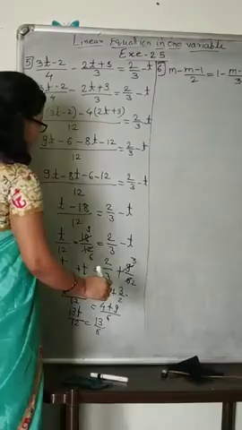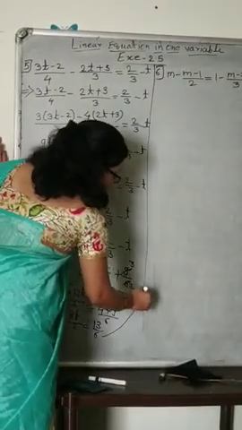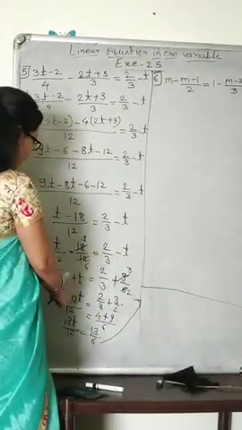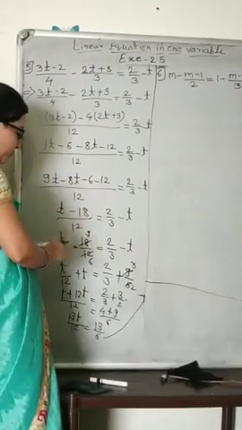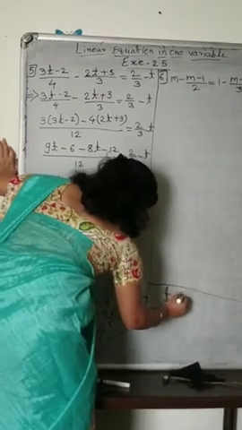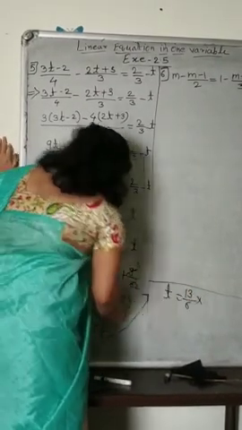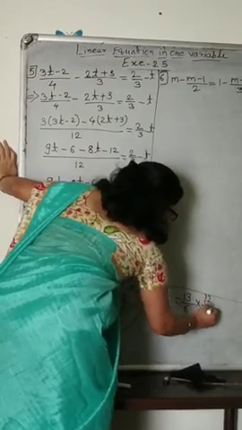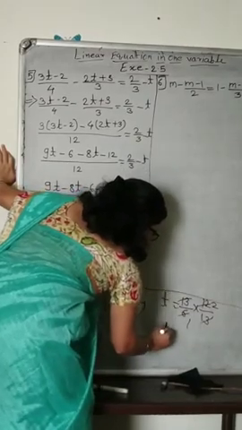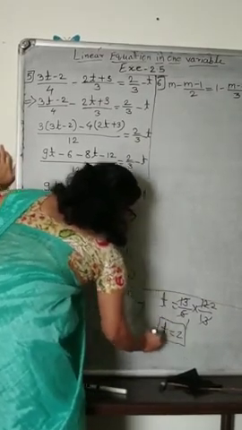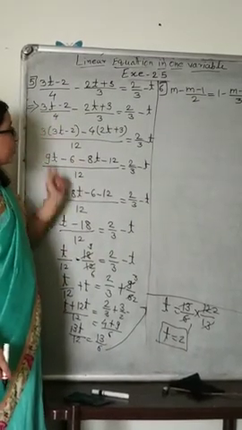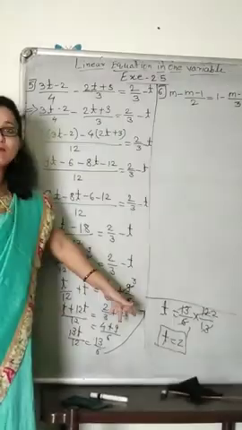It can go as reciprocal. Here I will write the answer. Then what will come as the answer? 13 by 12 t is there. That 13 by 12 is in multiplication form to t. That's why when it goes to RHS, it will go as a reciprocal. Then t is equal to 13 by 6 into 12 by 13 will come. 12 by 13. Then 13 cancels. 6 on the 6, 6 to the 12. That means t value is 2 we will get. What t value did we get? 2 we got. Like this way, we solved this example. We substituted, we did the cross multiplication and then we got the t value as 2.